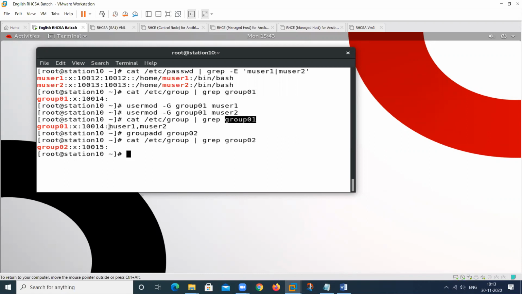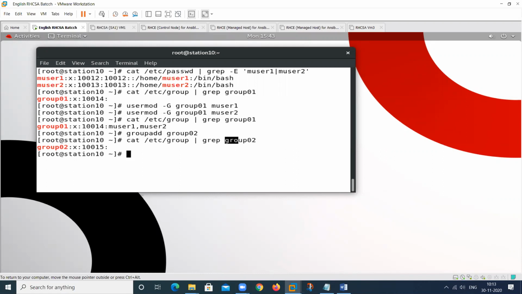At this time, the user is part of this particular group, but not part of this one. So I want to add this user to this group also, and this group also. How can we add this?